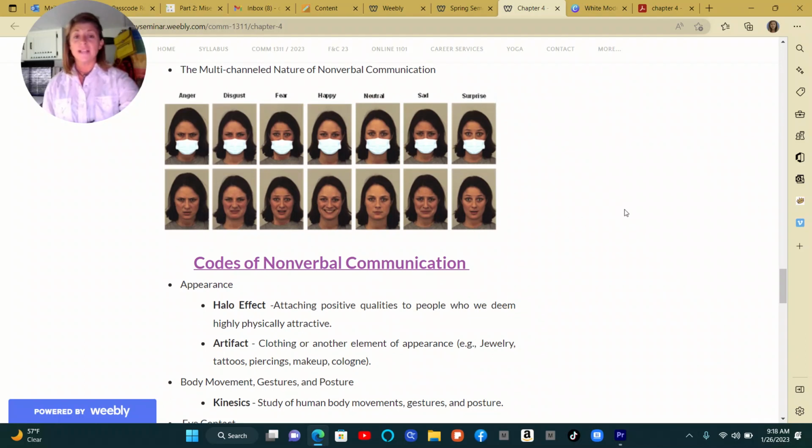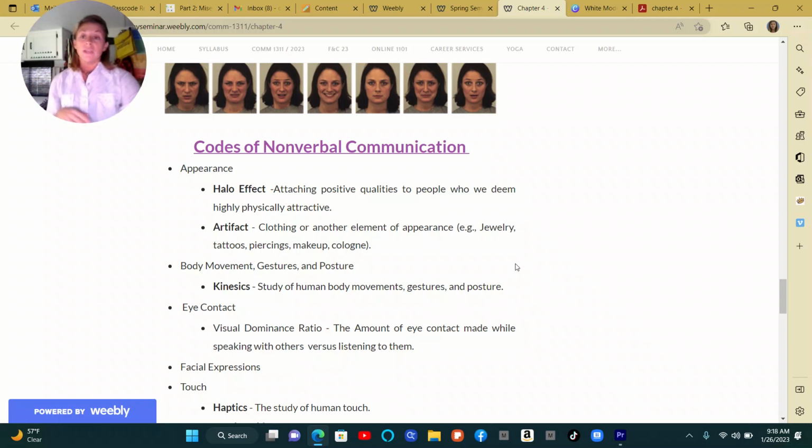I love this because if you look at anger and disgust, they're the same, right? Fear, happy, neutral, these two look similar. Sad goes with disgust and anger, right? And so your mouth is such a huge part of that nonverbal communication. And that's the reason why, during COVID, there are a lot of developmental issues that those kids in that time are really dealing with, right? And so there are definitely codes that we can learn with in regards to parents.